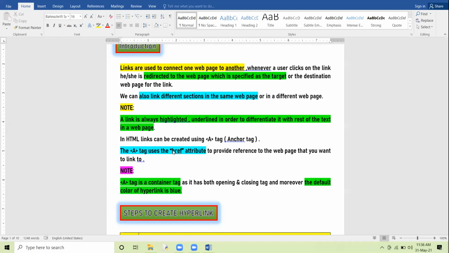Now the value of the href attribute is the name of the target web page. The name of the web page you want to link with becomes the value of the href attribute.